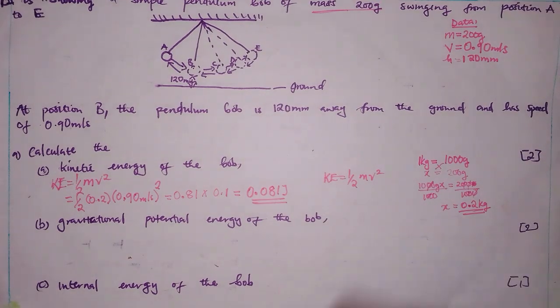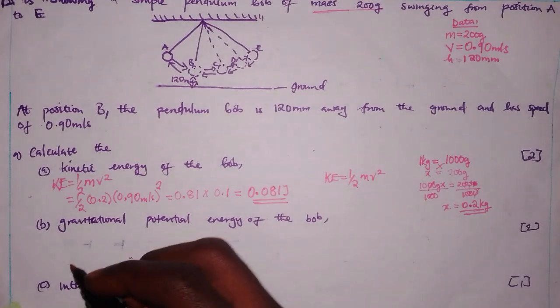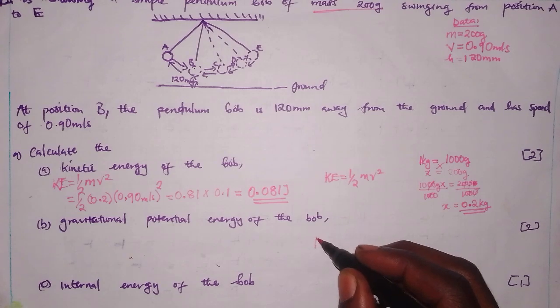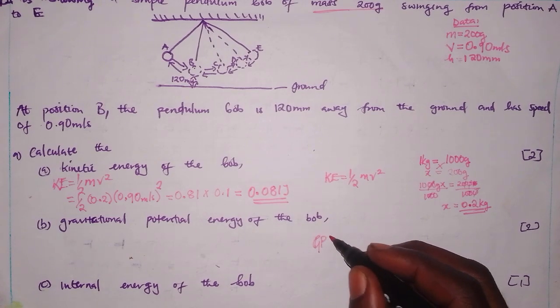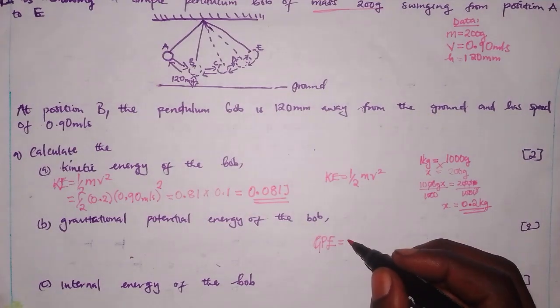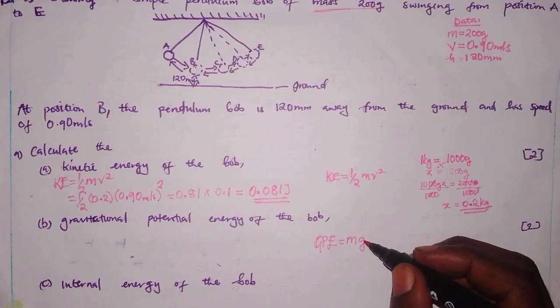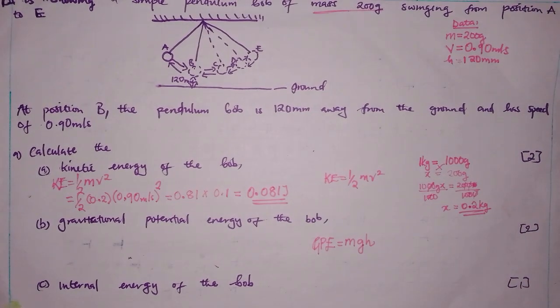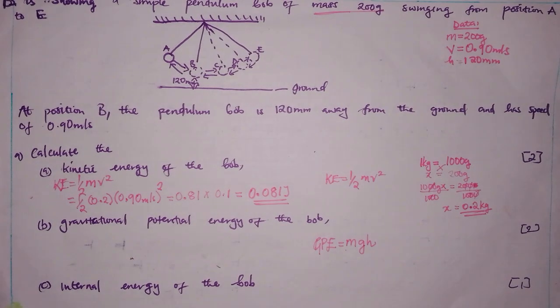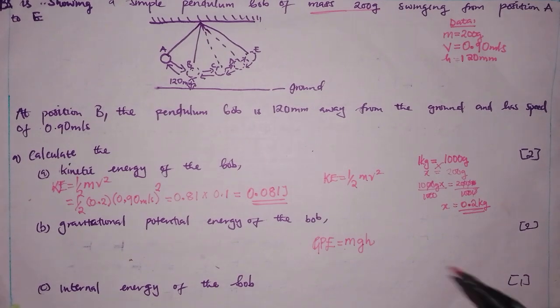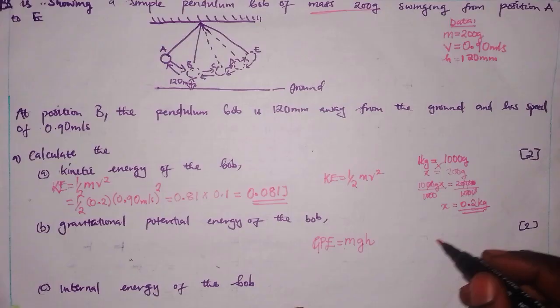So now, since we have understood, what is the formula? The formula is quite simple. The gravitational potential energy is equal to mass times the gravitational field times the height. This is the formula which we use to calculate the gravitational potential energy. So going back to our data, what values do we have? Do we have our mass? Yes, we have our mass. Always use the mass which you have converted to kg. So our mass is